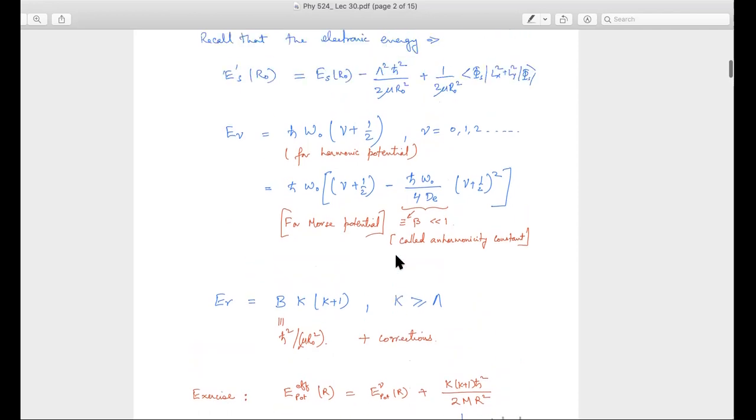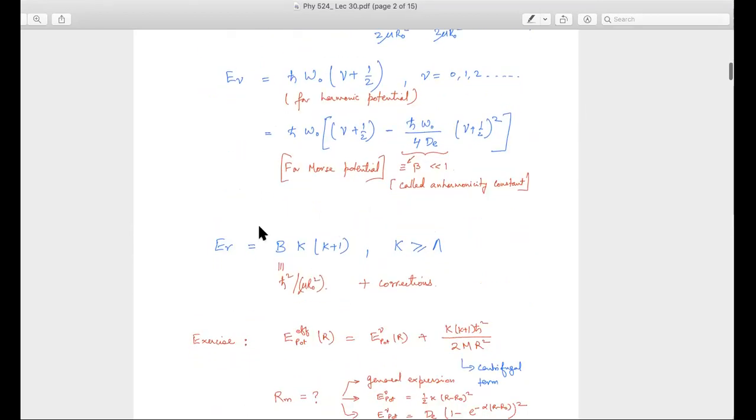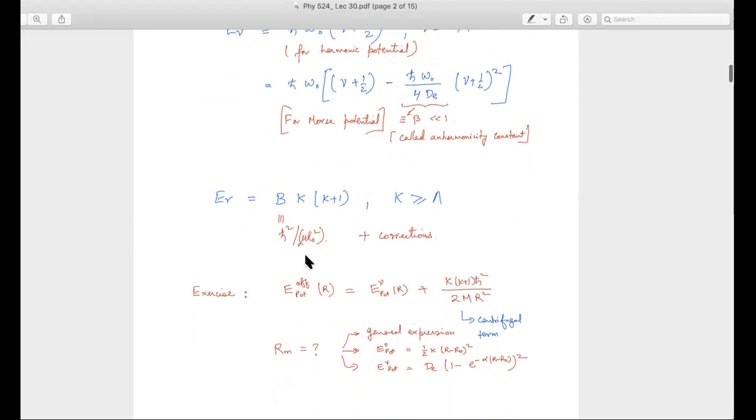But for simply understanding the nature of the optical transitions and what will be the dominant optical transitions, we can just use the simplest approximation. We can just use ESR naught, ignore these two terms. Anywhere in front of ESR, these involve the nuclear mass mu, etc. So these are likely to be small corrections. So we can throw them out. We can just use the harmonic potential approximation because we have a good intuition for that. We understand that very well, etc. Equispaced energy lines. So we'll use that. And for the ER, we'll just use this to get some initial idea of the basically approximate states, etc.